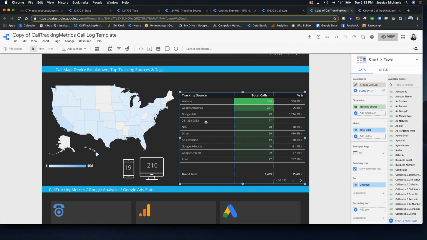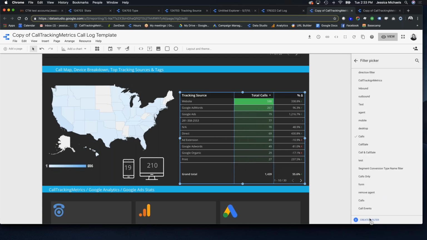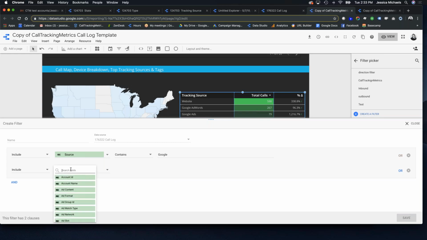So here we have our tracking sources. In this case, I'm filtering for just calls, I could add a filter, create a new one. I would have to select my field. I think it's actually source is what it's called. Yes, source. And then I would have my condition, probably contains, and then I'd probably want to say something like Google, and we could say or, and then I'd have to rebuild it out, but you'd have to create a logic to accommodate that. So then I'd want to do it again so that the source